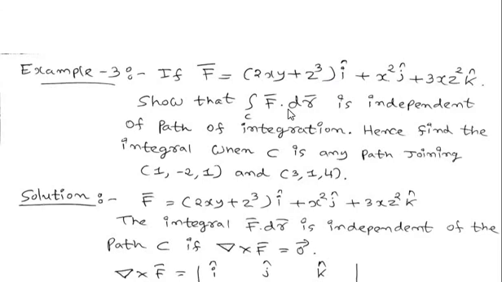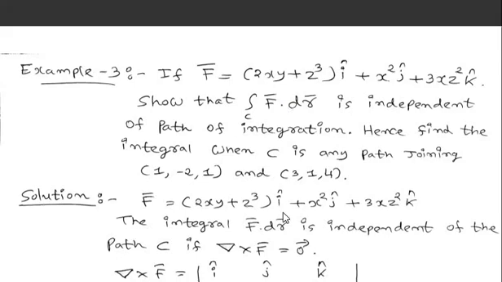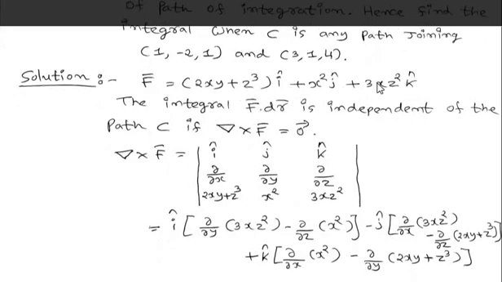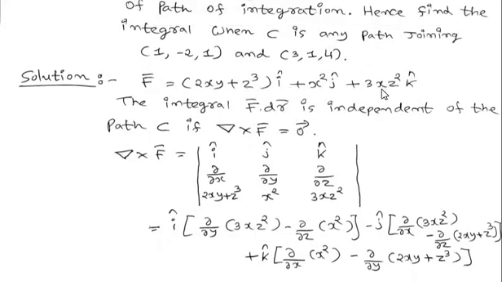To prove that the given line integral is independent of path of integration, we have to find out the curl of a given vector field. If the curl of a given vector field is 0, then the given line integral is independent of paths. Okay. See here, we have been given F bar equals to this vector field. So first of all, we will find out its curl, that is nabla cross F bar. So nabla cross F bar equals to determinant of i, j, k, del by del x, del by del y, del by del z, and x, y and z components of given vector field.